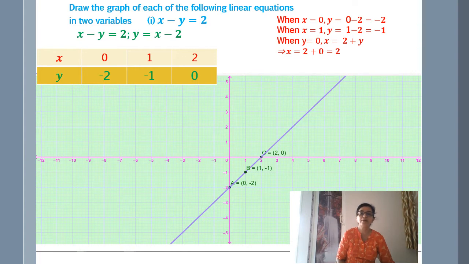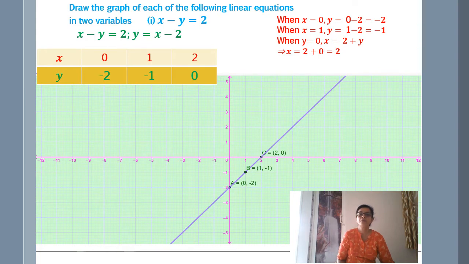You will just replace x with the value of x. Now here in the first pair of coordinates, I have replaced x with 0. So I will get the value of y is equal to 0 minus 2, which is equal to minus 2. And in the last pair of coordinates, you will find that I have used 0 in the y coordinate, like y is equal to 0 we have taken. So when we take y is equal to 0, what do we get as the value of x? Yes, we get x is equal to 2, because when y is 0, you transpose minus 2 to the LHS, you get 2, x is equal to 2.